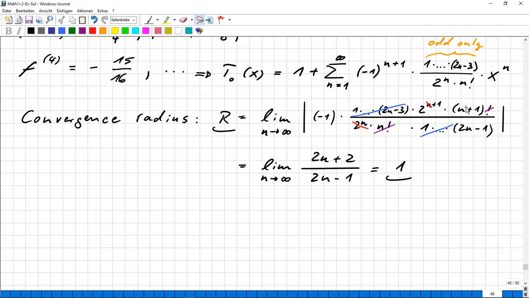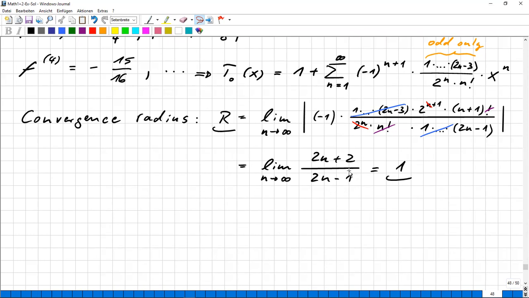Also, I have factorial of n plus 1 over factorial of n. All these factors are contained here. I can cross them out, and I can cross the factorial sign out, except for the biggest factor, n plus 1, which remains here. So carefully taking together everything that remains, we have 2 times this parenthesis, which is then 2n plus 2, okay, over 2n minus 1. And that's nice because this is an even number, this is an odd number, but anyway,